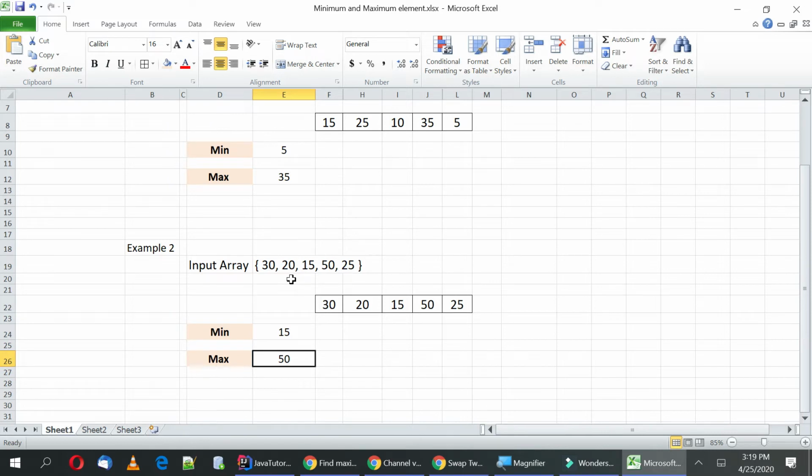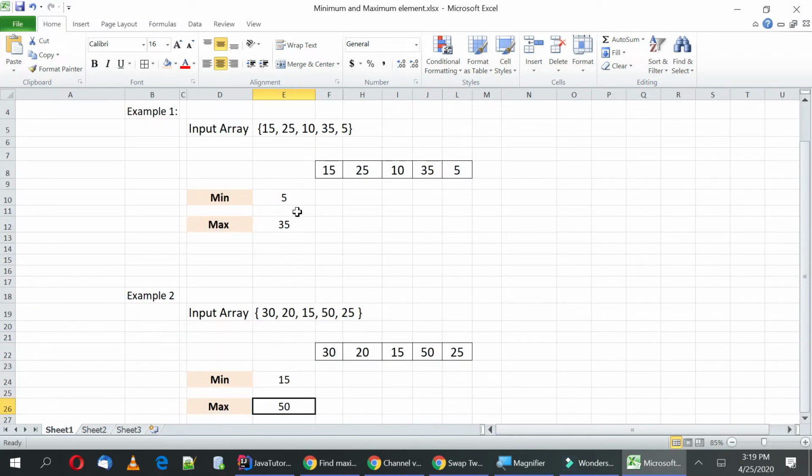So there are two things we have to do. We have to go through the loop. That is one thing, and we have to initialize these values to minus infinity or plus infinity. We could have taken the first value as minimum and the maximum value, but for better program practice, let's initialize to minus infinity and plus infinity. Okay, let's go through the code and let's write down the code, and then we will understand it further.